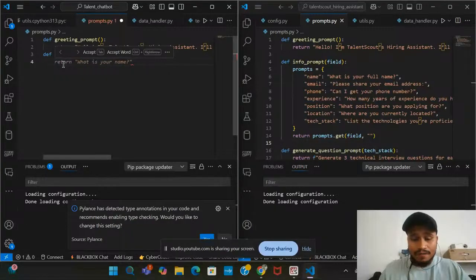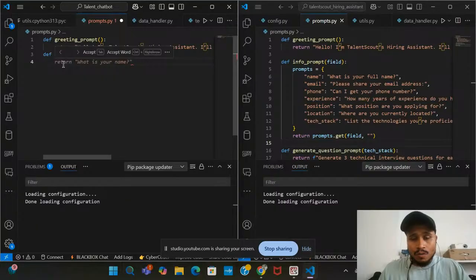Like for example, if you are operating this chatbot, the first thing the chatbot will certainly ask is your name, right? What's your full name? Then again, it will ask your email. Then it will ask your phone number, then experience, then position, location, and again